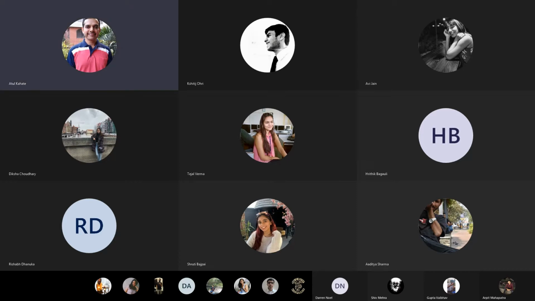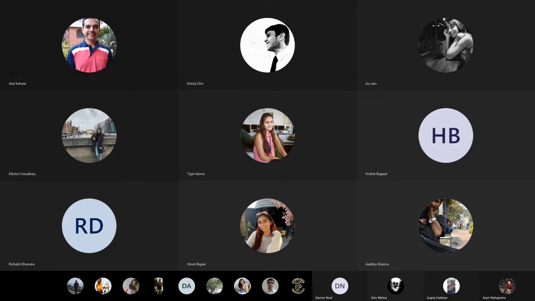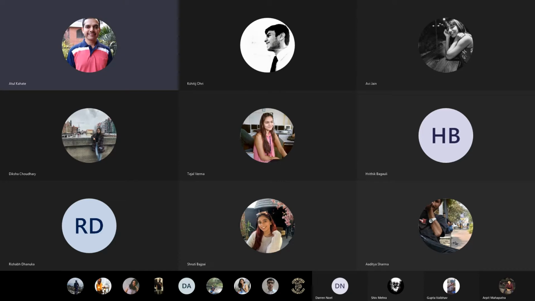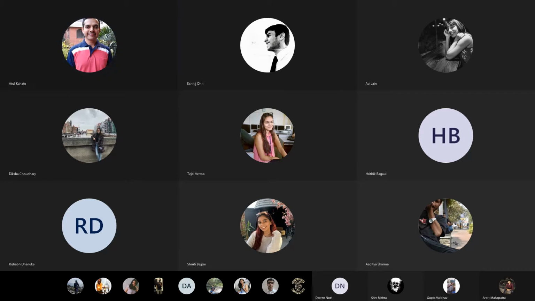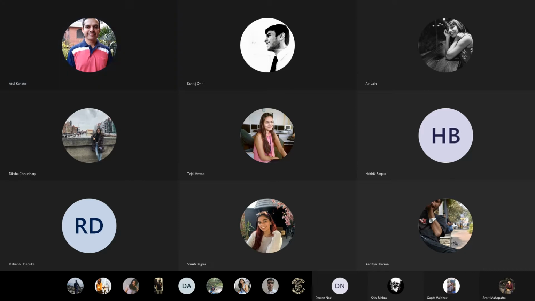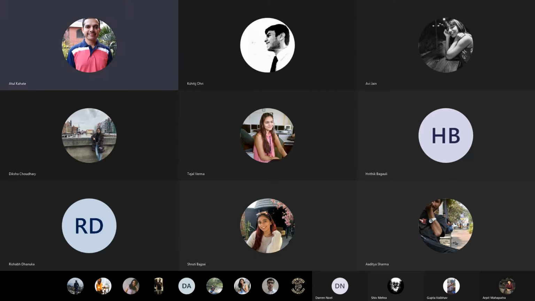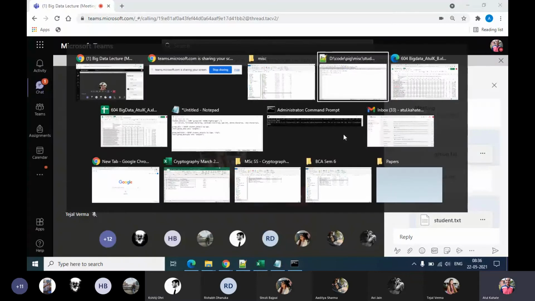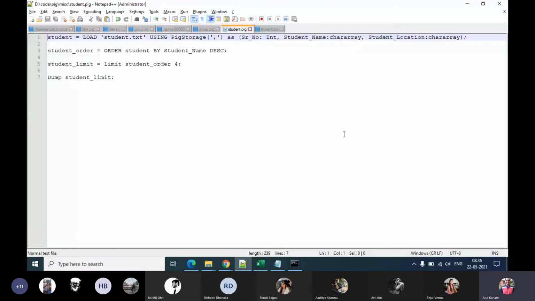Just putting another file on the chat called student.txt. Pretty similar to what we have, just that it has a slightly different structure. So more important is the code.